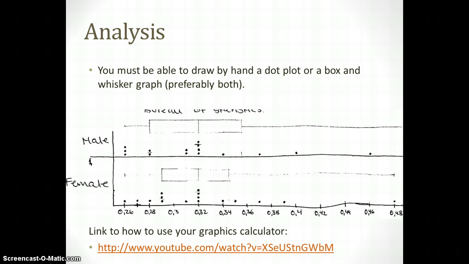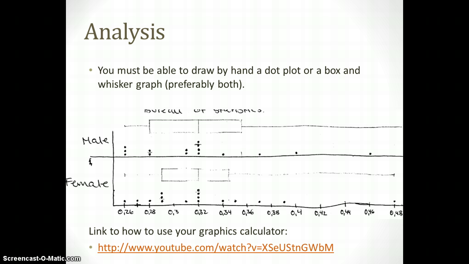You'll notice from the PPDAC cycle, I've skipped out plan and data, and I've jumped straight to the analysis, because if you look at how the marking guide works, there is nothing about having a plan or writing anything about the data. However, in that section there is further evidence for me to work out whether you know that you're differentiating between the population and the sample. But I'm skipping right over to the analysis